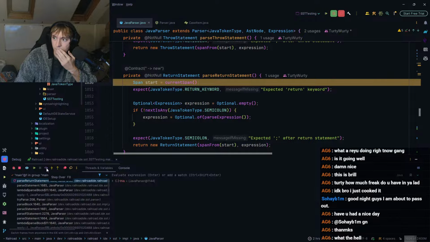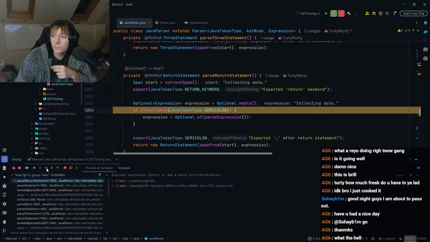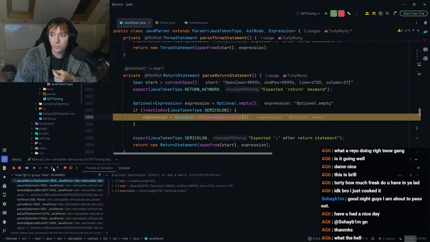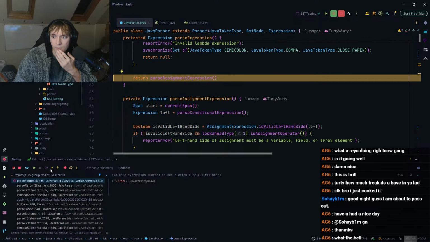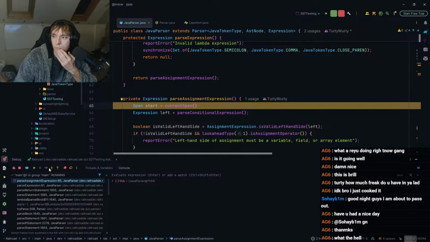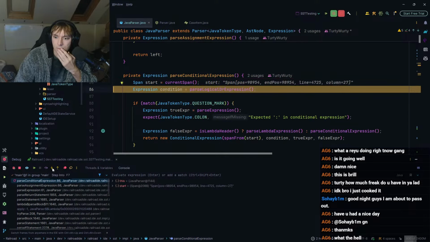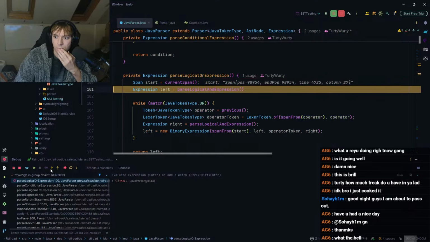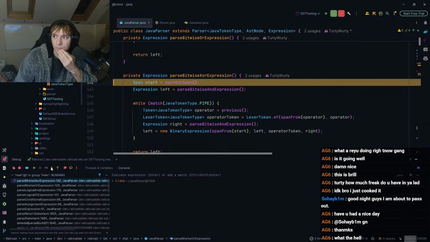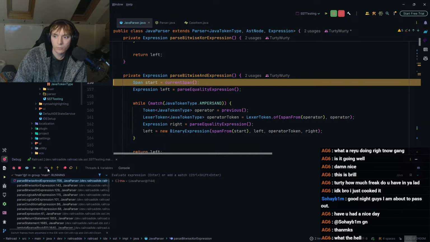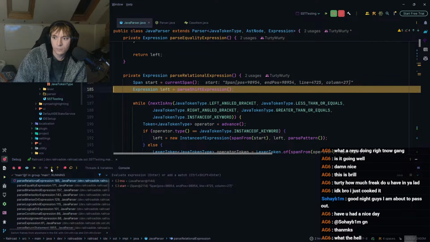So, expect return statement. Yes. If next is not a semicolon, then we want to pass an expression. It's not a lambda header. Step into. Step into. Step into. Boom.